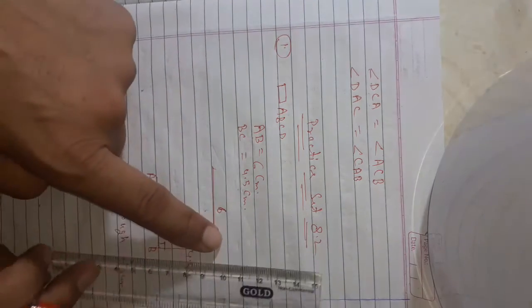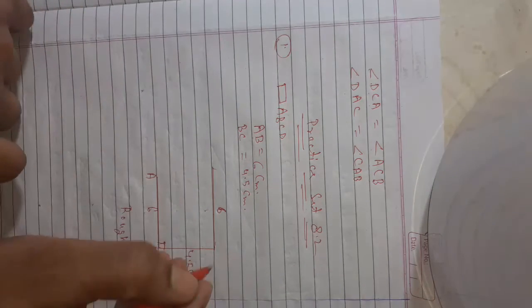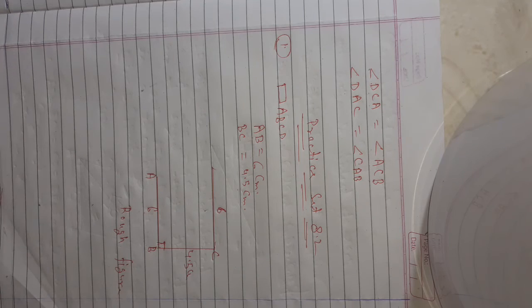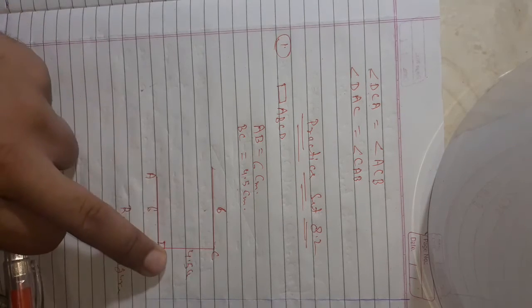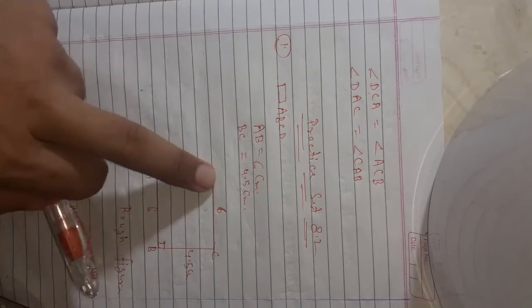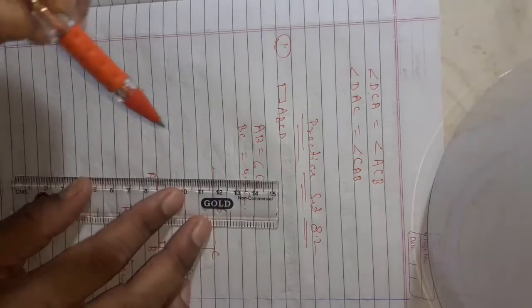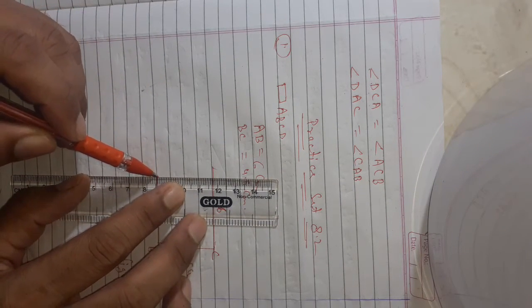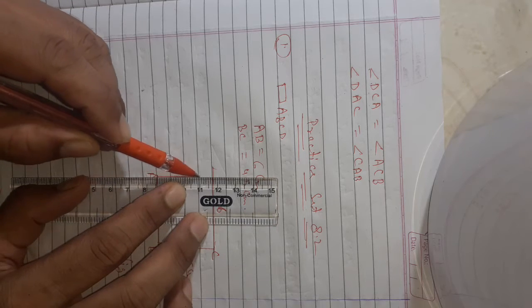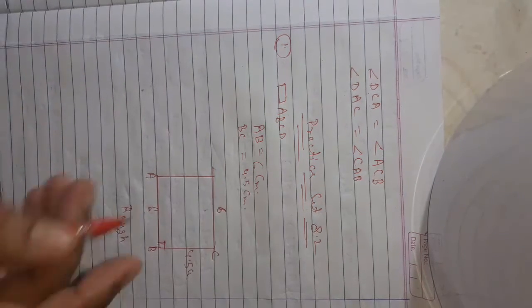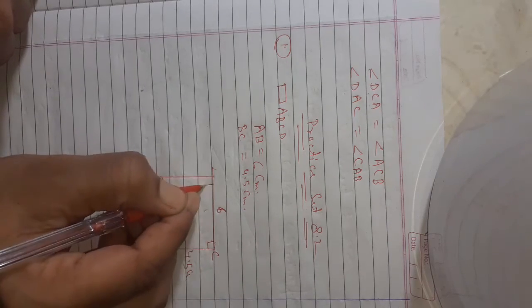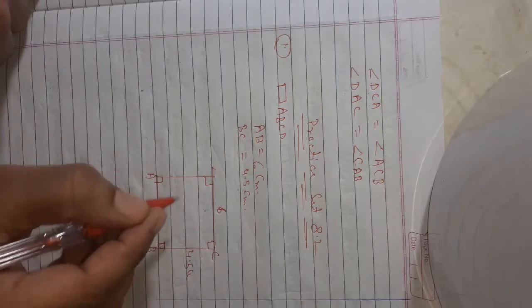This is point C, and this side BC is 4.5 centimeter. So this should also be 4.5 centimeter, and here also 90 degree, because this is a rectangle. All angles should be 90 degree. यहाँ से आप 90 डिग्री ड्रॉ कर दीजिए. This is also 90 degree. This also 6. Here is 4.5.